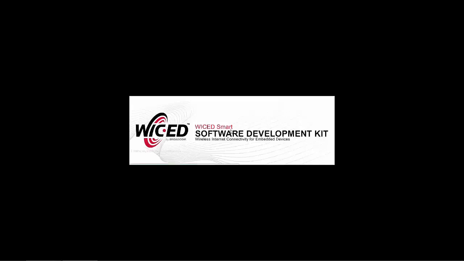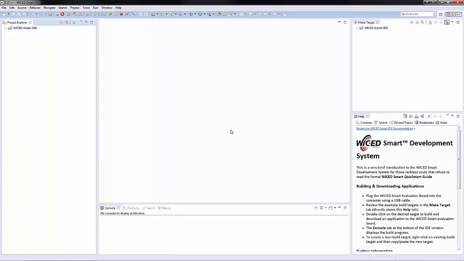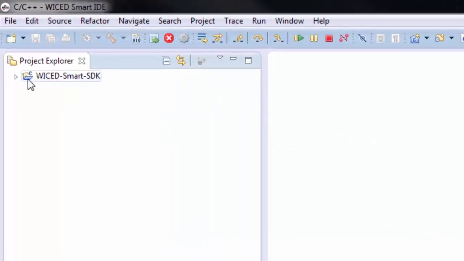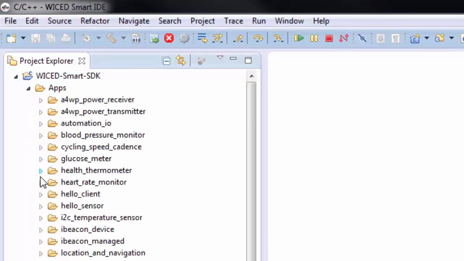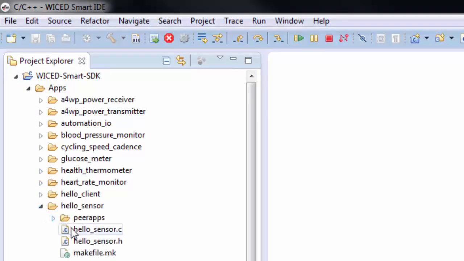You will launch the WICED Smart SDK IDE via a standard shortcut for your operating system of choice. Once the IDE opens, the default layout is just as I previously showed you. In the upper left corner, you will find the Project Explorer with the pre-populated WICED Smart SDK project. Upon opening the project, you will see all the folders that contain everything you need to develop a Broadcom Bluetooth Smart application. Within the Apps folder, you can find the 30 clear text example applications that can be run out